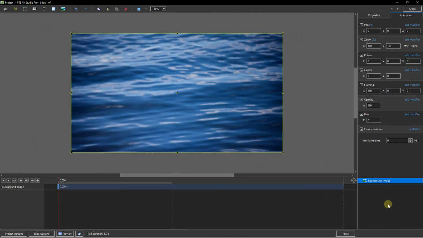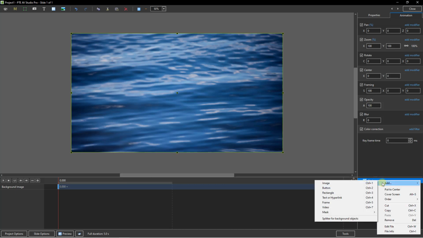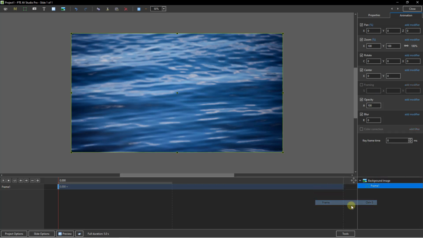Now with the spinning round of the screen, I've opened up a new image, a background image, into the Objects and Animation screen. As is the case quite often, the image is selected here. We can see that with the blue bar in the bottom right corner. We can also see that with the bounding box around the image above. So if I wanted to add a frame here, of course the frame would be created as a child of the background image, and I can quickly demonstrate that by right clicking, choosing add frame, and there we can see